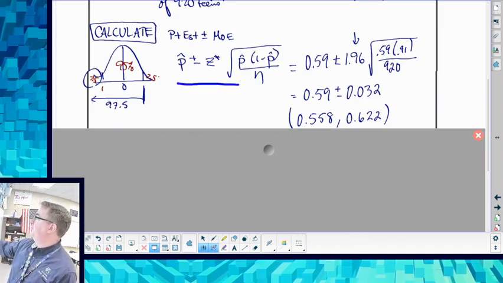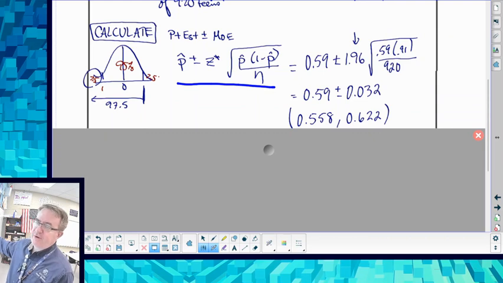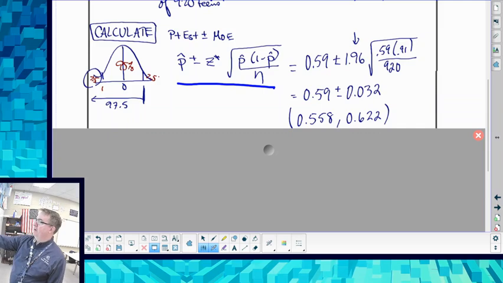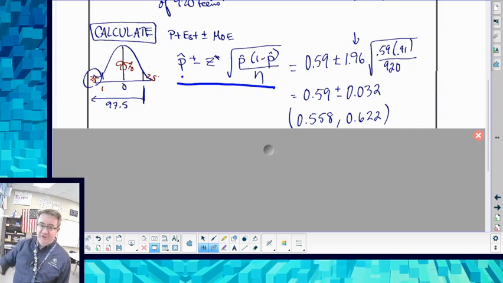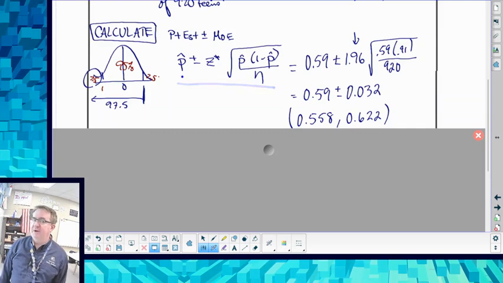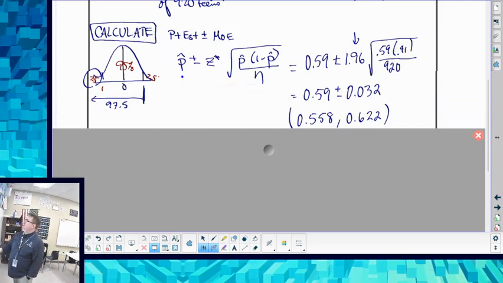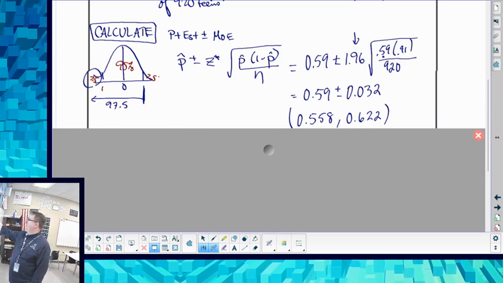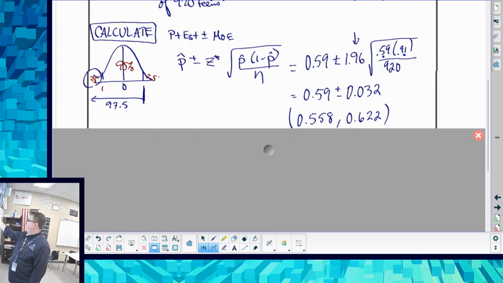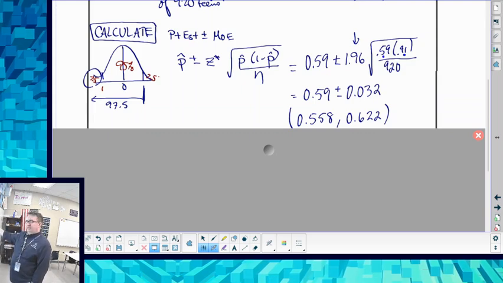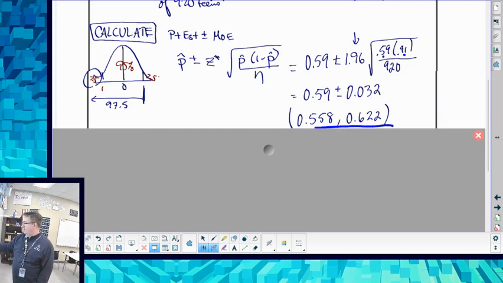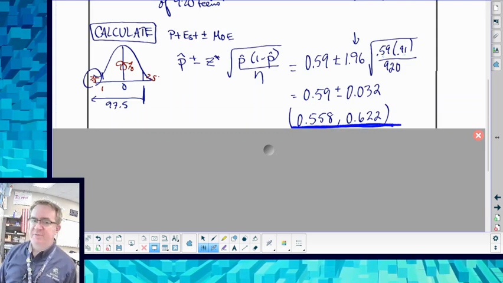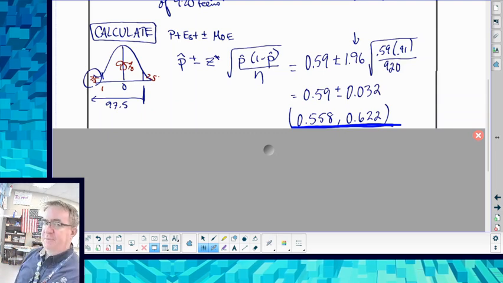So here's the specific formula for what we're doing here: p hat plus or minus z star, and then the standard deviation for that. So again, point estimate, margin of error, and they actually tell you that on your formula sheet as well, at the bottom of the first page, which is kind of impressive. Here it is all filled out, all the parts. I've got 59, I've got one minus 59, so that's 0.41. Show a little bit of your work through here, and then we come up with our confidence interval from a little bit higher than 55% all the way up to about 62%.